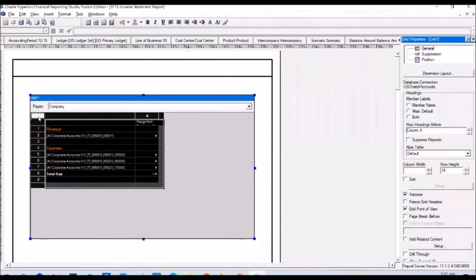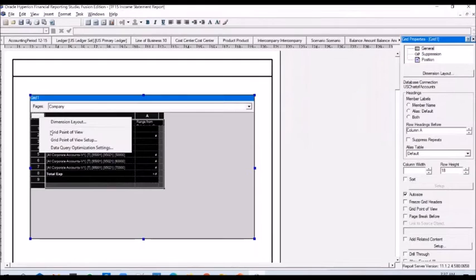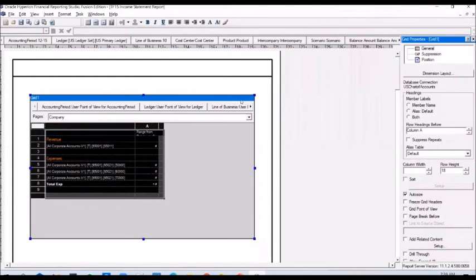So this is how you add point of views to your report. You do a right click and click on grid point of view. That will add the point of views to your report. And these point of views are nothing but the dimensions you have in a SPS cube. Okay, what is SPS cube? It's basically a multi-dimensional cube wherein the GL balances are stored from various dimensions. I've explained about it in the last class. So these point of views that are added now are nothing but the dimensions available in that SPS cube.